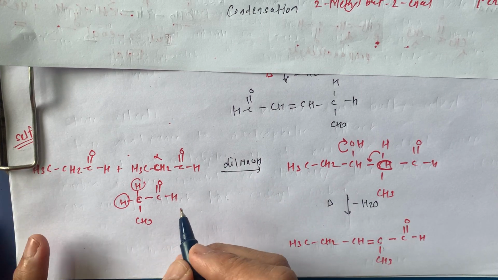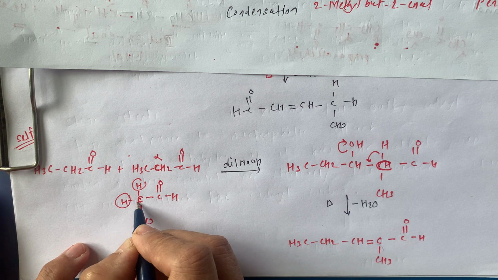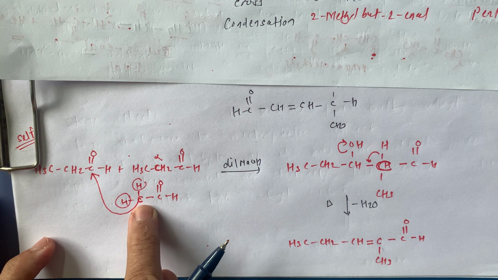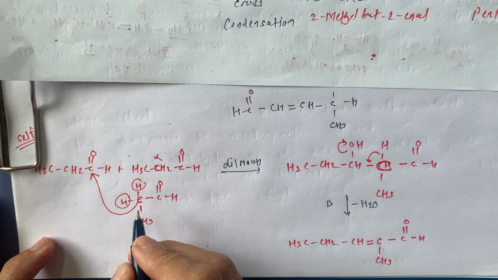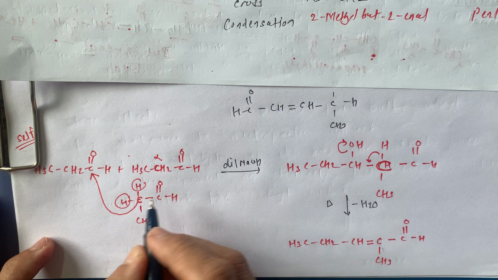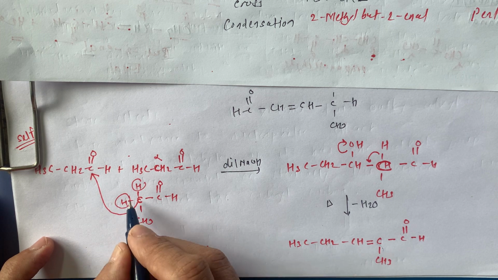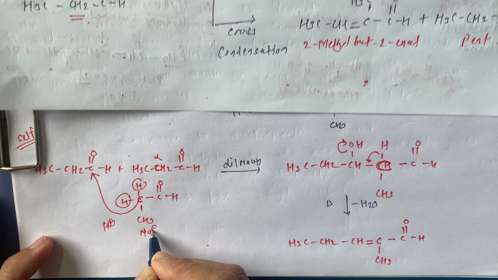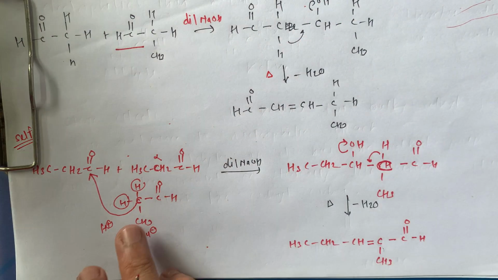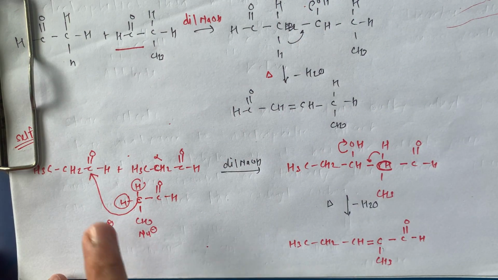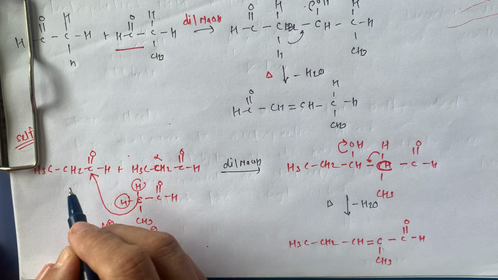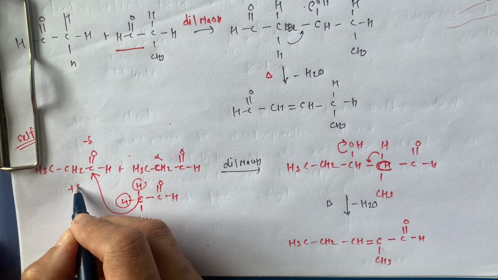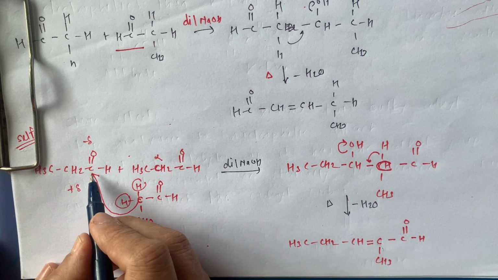So what is going to happen? This alpha carbon is going to attack this carbonyl carbon, because we treat this as a nucleophile by abstracting this H. By abstracting H, which forms H positive, this carbon becomes Nu minus, and it carries a minus charge. It is going to attack this carbon, which we know is with delta positive charge, while the oxygen is with delta minus charge.